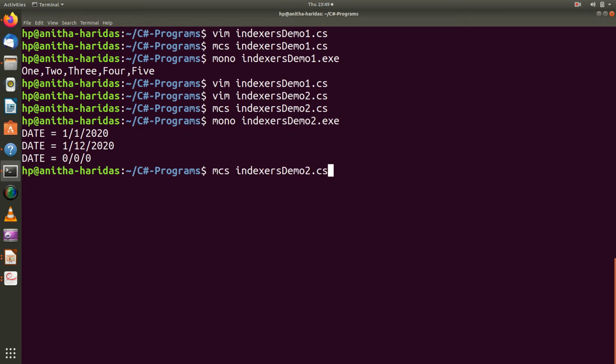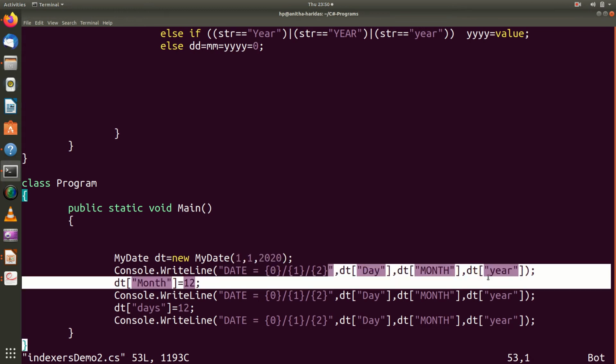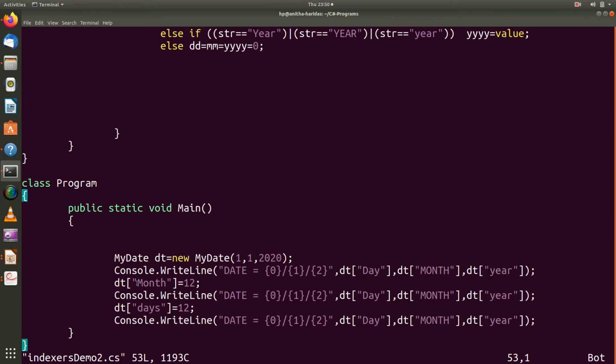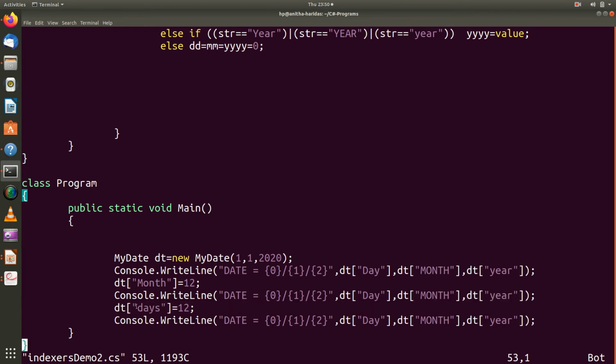I will show you the program again. First I have set the values with 1/1/2020 and I try to display it. Then I am changing the value of month to 12. Then I am displaying the value. Then I try to give a wrong index and assign the value. By that time day, month and year are set to value 0.